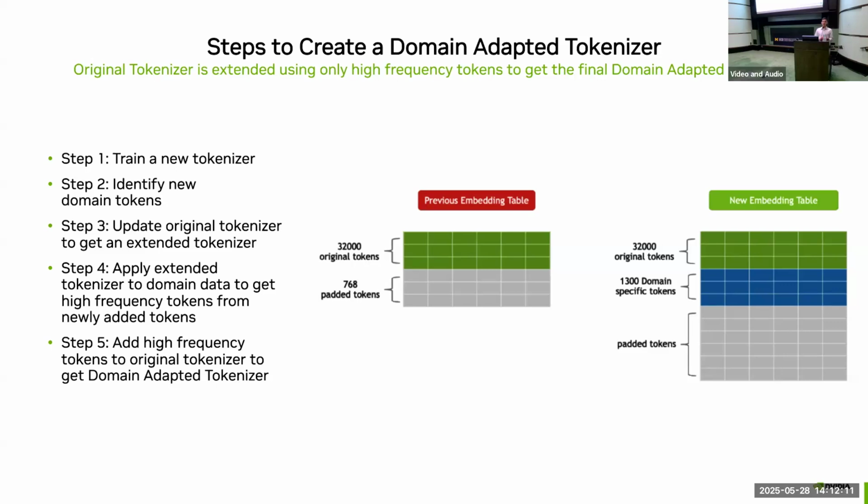And then, to avoid this problem and keep in mind this balance of only taking the most appropriate tokens, we apply an empirical cutoff to remove any of these really low count tokens that don't really get used in our domain specific data, but may have come from that new tokenizer. We just filter them out. What we're left with after that stage is our final domain adaptive tokenizer, which has only the appropriate number of additional tokens that we need for our domain to fully represent it and have this balance of throughput and increased representation of our data.